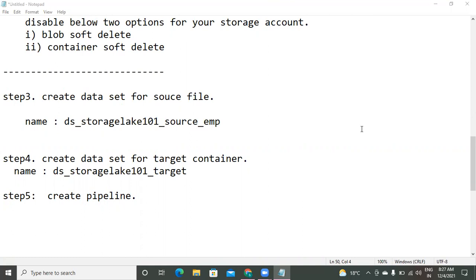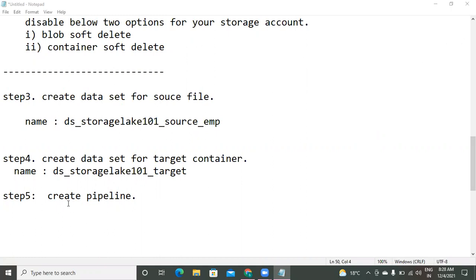A pipeline is a set of sequence of activities. Of course, in this example, I will use only one activity. That activity is the copy activity. What will the copy activity do? Reading data from the source and writing into the target. Okay, only one activity I will keep in this initial pipeline. Later we will see multiple sequences of activities.